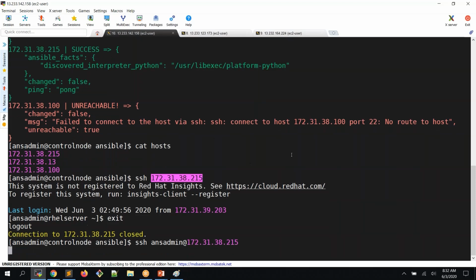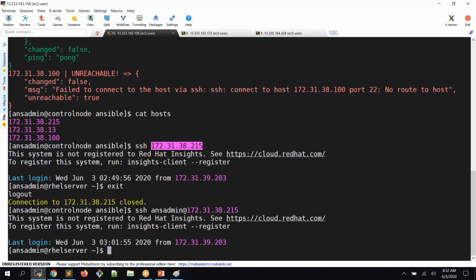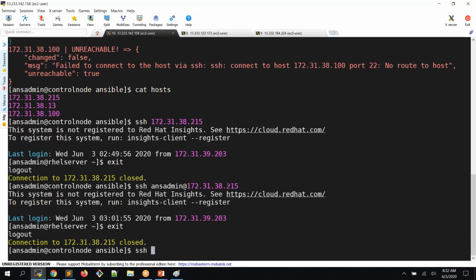So this is another way. This also is going to allow you. What this command does: I'm doing SSH by using this user's public key and the target system's ANS admin user, and this is the target system. And the other way, one last thing, is SSH minus I dot SSH